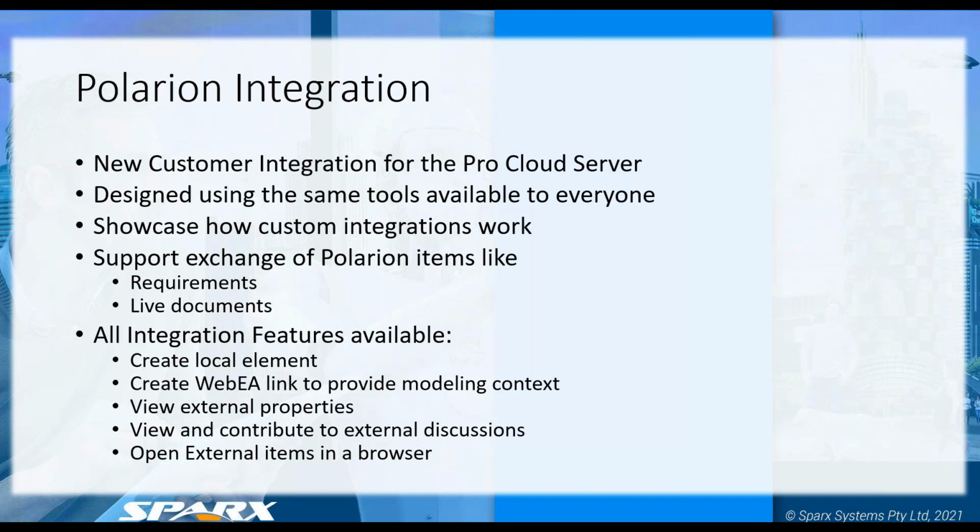It obviously being built into the ProCloud server, the advantage is that as soon as the integration is done there, it's available to every member of the team who connects to that ProCloud server. So there's no need or reason to have an integration installed on each individual machine. It's a really good architecture technology to allow that information to come from anywhere. So from a Polarian specific